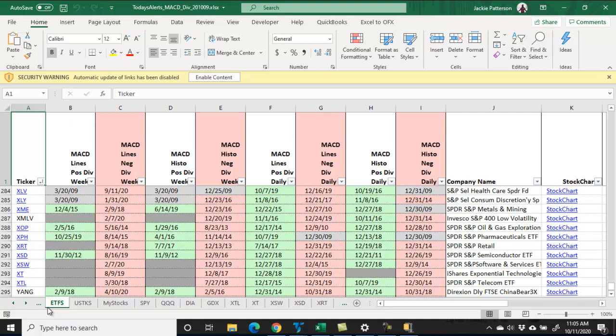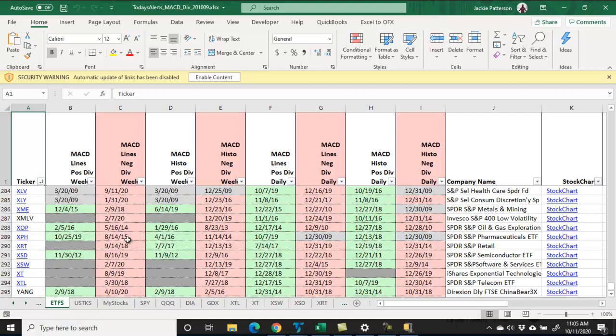So there's no real macros here. It's an Excel XLS file, so there's no macros to run or get messed up by the different versions of spreadsheets. Okay, so this opens up to the ETFs tab for ETFs. And as you can see, there's a whole bunch of tabs along the bottom here, and I'll go through what each of these mean. What I'd like to explain first is the layout of this, which I call a scorecard,